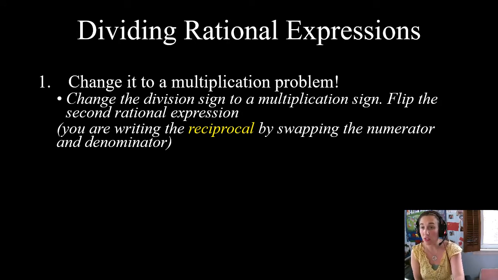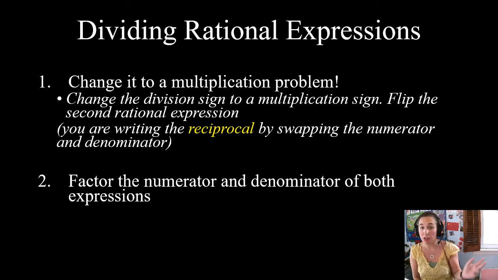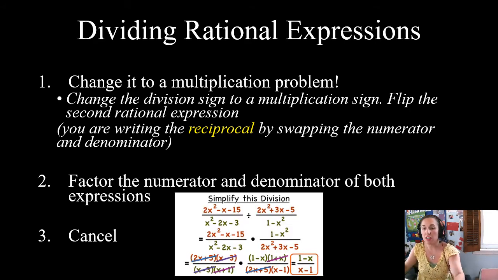Once you've done that, you've changed it to a multiplication problem and flipped your second expression. Then you factor the numerator and denominator of both expressions and cancel. So it's just like multiplying with that first extra step. And here's a quick example you can look at. I'm not going to go into the math of this one like I did in the multiplying video, but I